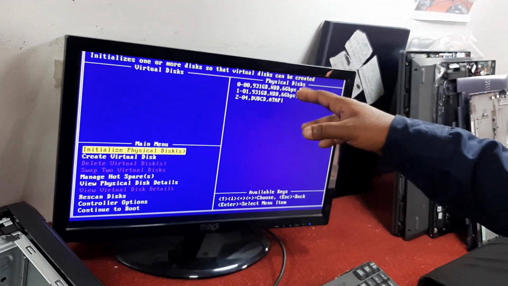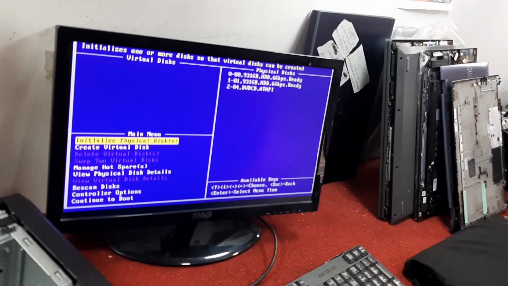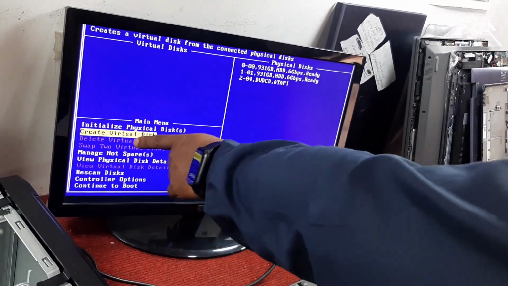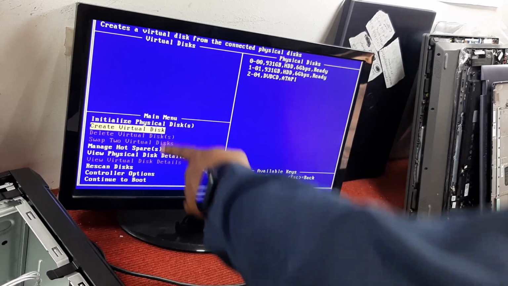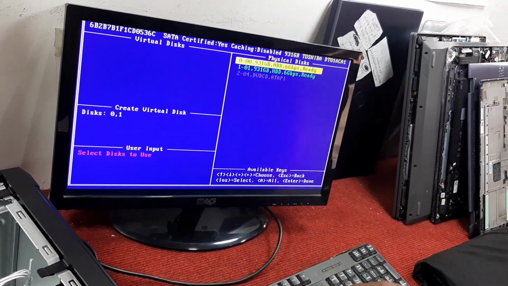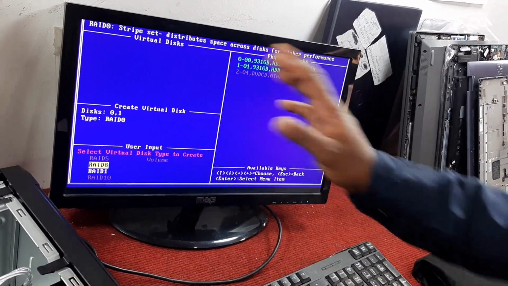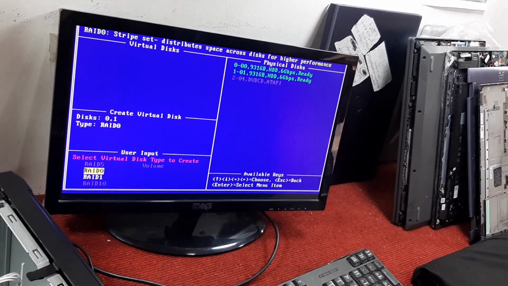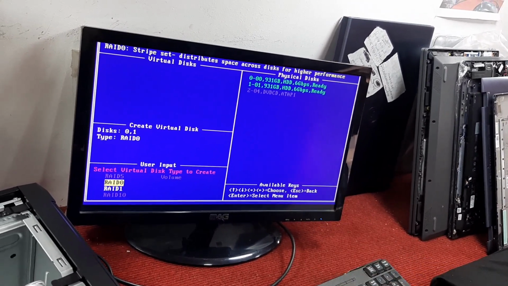So we have deleted these two hard disks. Those were non-RAID, and we're gonna create a new one here. Create virtual disk. We will click here. We will select all by pressing A and enter. And as I already told you, if you want to make these two hard disks in RAID 0,